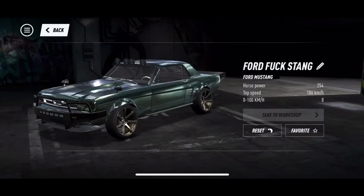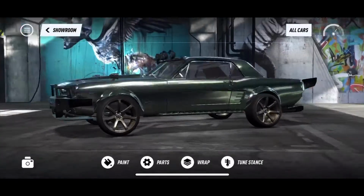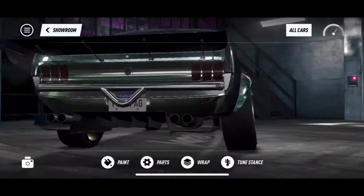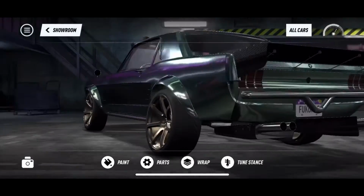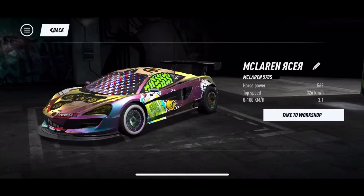Okay, and then we have this Mustang. I forgot what that name is. Ford Fuckstang. Yeah, it's supposed to be like an off-road rally built Mustang. And fuck, that thing's covered in number plate. It says fuck you fag. So that's that. And then here we are with the